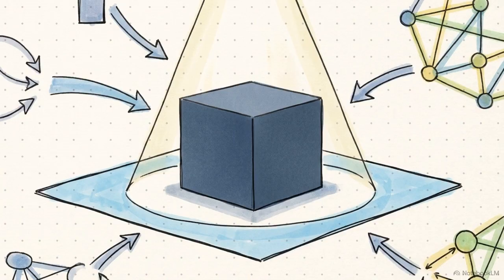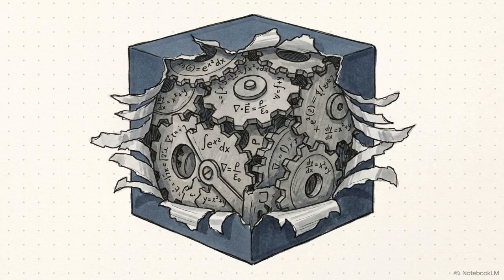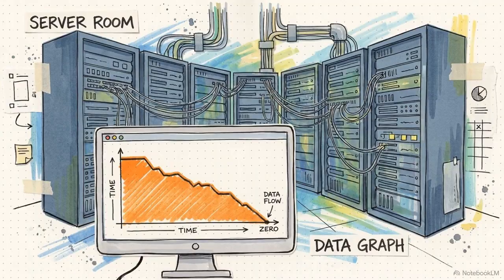Popular culture treats artificial intelligence like a conscious black box, but the reality is far more industrial. It is a calculus-driven engine. Machine learning is ultimately the result of a machine navigating a landscape of its own mistakes to optimize its parameters.